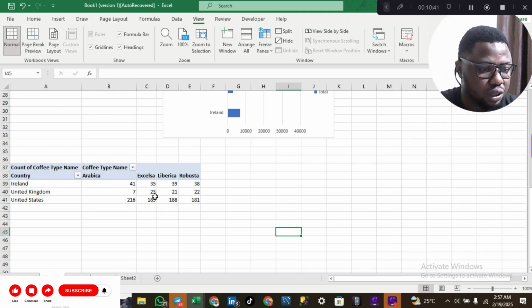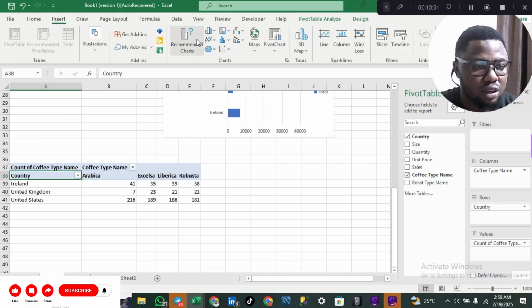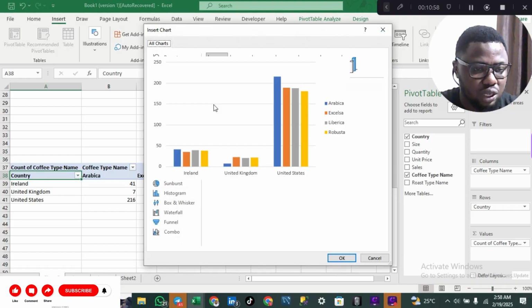So it has shared the number of coffees that are consumed in the whole country. What do I need to do? Let me put it in a chart. Let me insert charts here. Let me see recommended charts, it is always beautiful, so that they can now see what they are working on. So they recommend